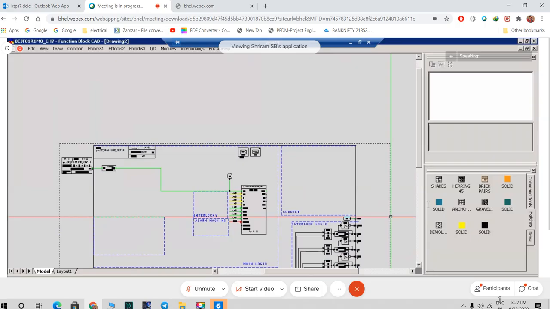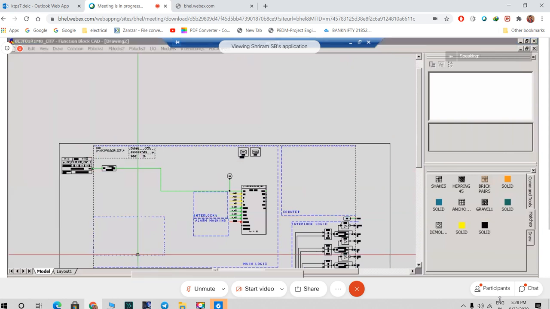Ask FB blocks significance. Ask FB is basically for segregating your fault bits from your analog value. So suppose I will add